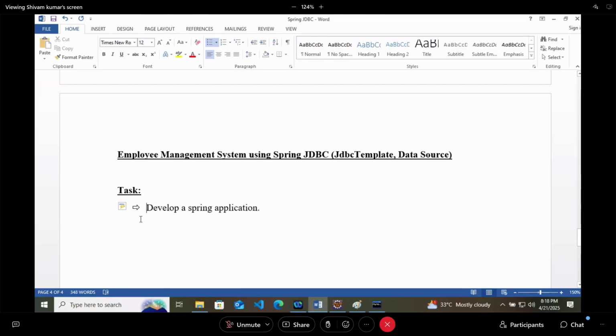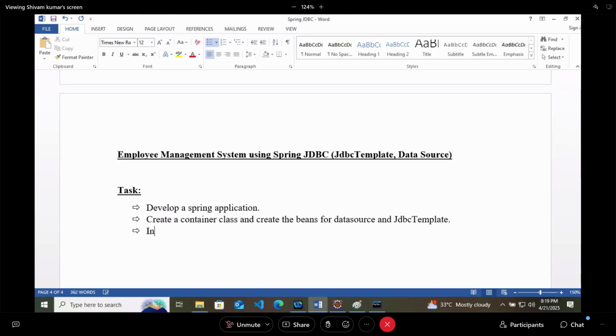The first step is to develop a Spring application. Create a container class and create the beans for data source and JDBC template.